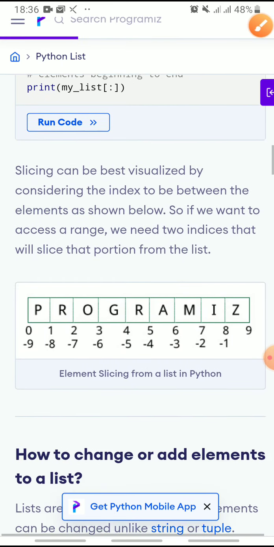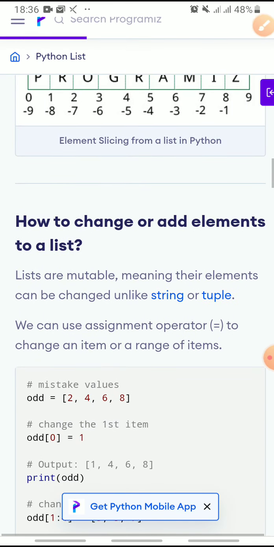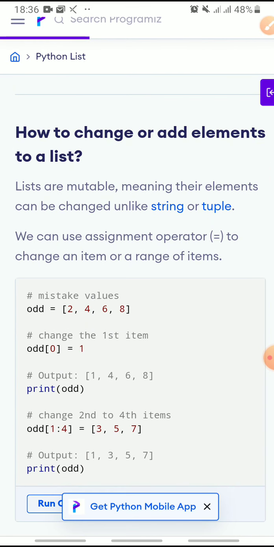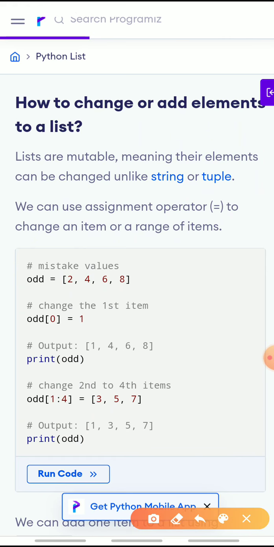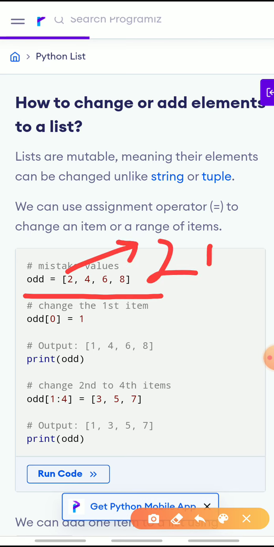Then how to change or add elements in a list. Again, list is a mutable type. We can change an element of a list by using its index position. For example, I have a list odd = [2, 4, 6], and I want to change this 2 with 1. Then I simply write the index position where 2 is stored.